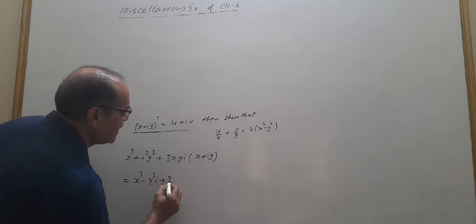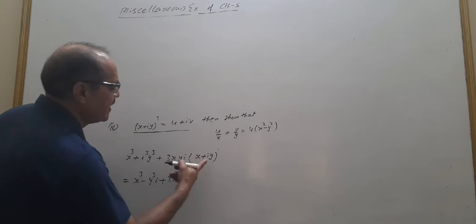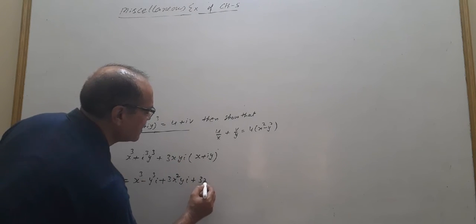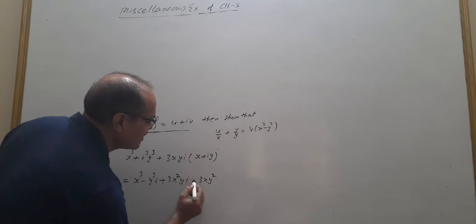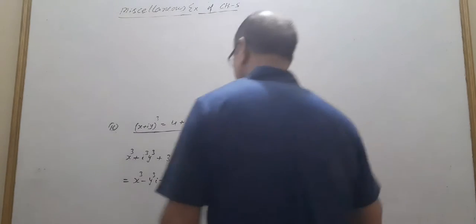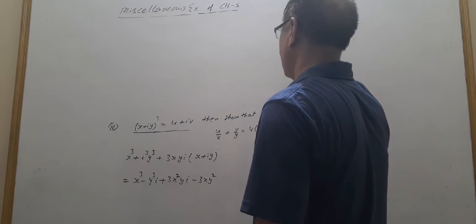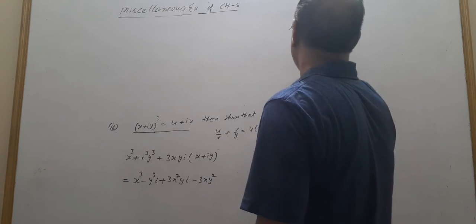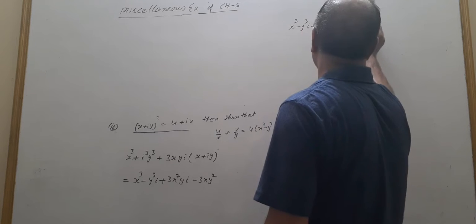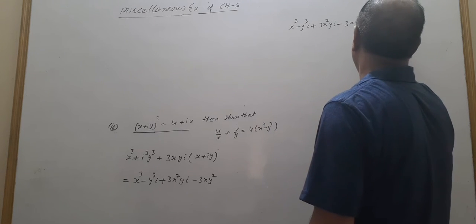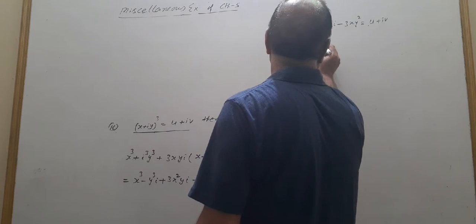This is 3x square y iota, and next is 3 into x as it is, and y square. Now the problem is iota square is minus 1, so therefore this becomes a minus. When you see the product of this relation, it becomes x cube minus y cube iota plus 3x square y iota minus 3xy square. How much is this? That is equal to u plus iota v. This is real. What is the u? The value of u, comparing real and imaginary.